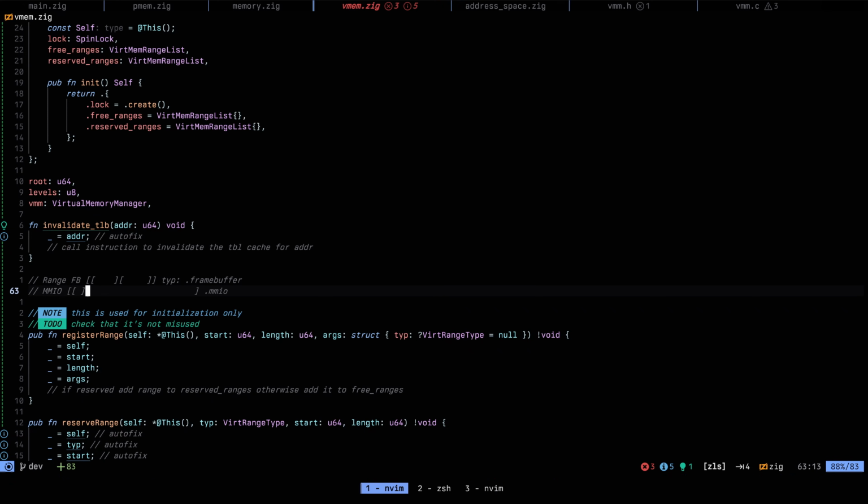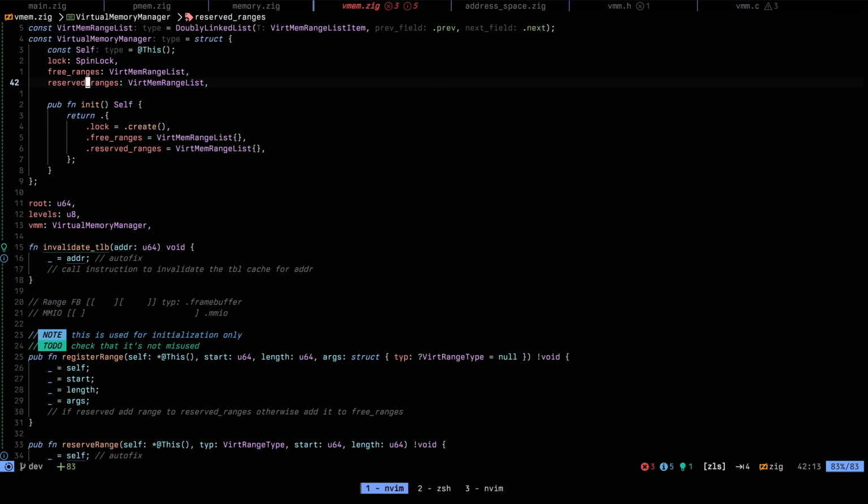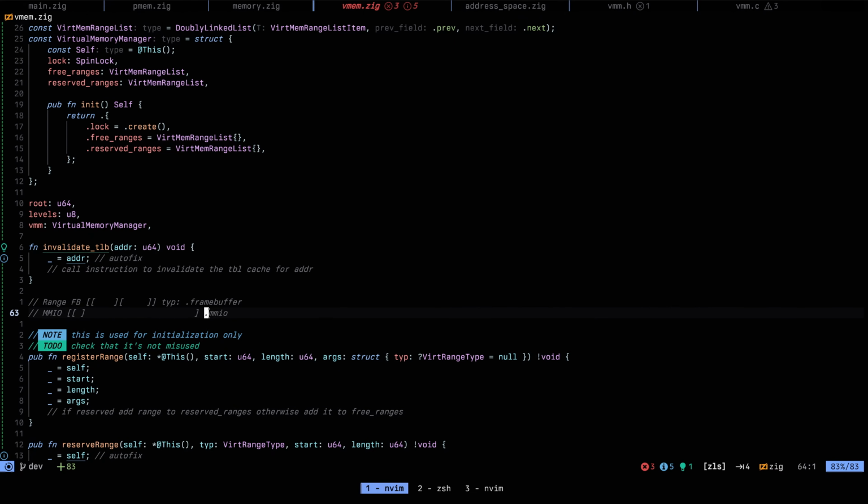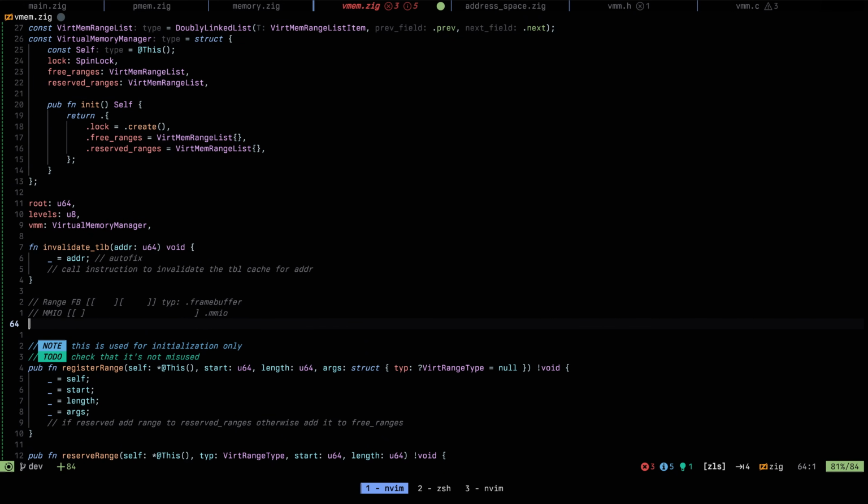It's not reserved in the sense that it's already used. If it's the case, then we will not have it in the range. We are going to carve out slices from that range and return them. So we are not going to have any used ranges in our reserved range list. We are going to remove them. But in the free list, I just want to have all the bits of memory that remain. But I don't really need to give them a type